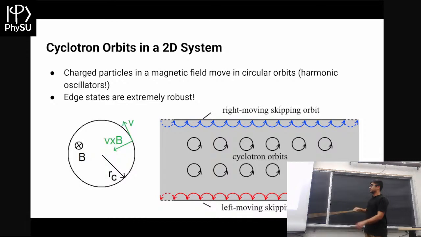You can imagine, right? If an electron can only move clockwise, if it were to hit some impurity at the edge here, if it wanted to go backwards, it would have to cross the entire solid state, whatever 2D sample you're looking at, and that's very unrealistic. This is on the scale of, say, centimeters, right? You won't have a single electron going across. And so this is what we call a topological insulator. It's an example of this, where the inside is actually insulating, and on the outside you get a current flowing.